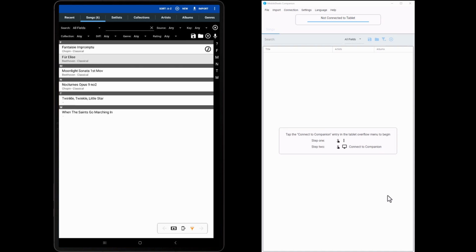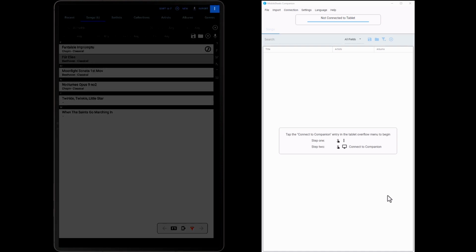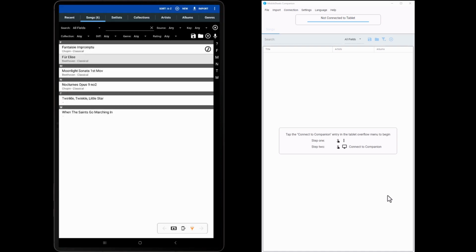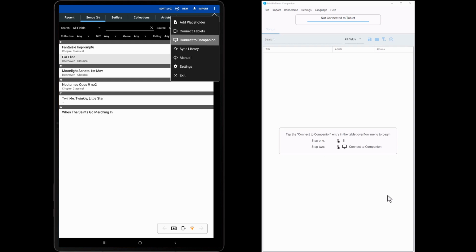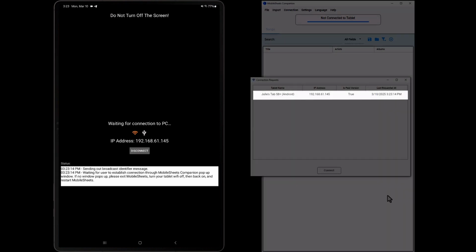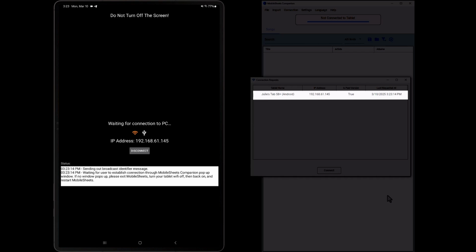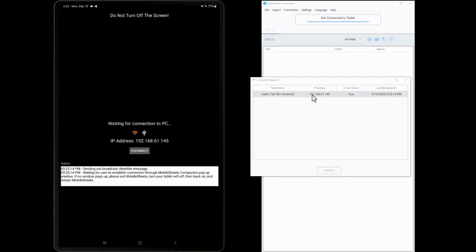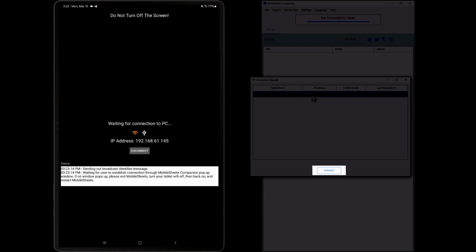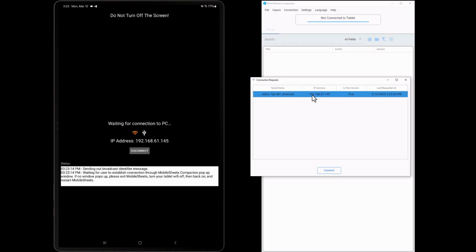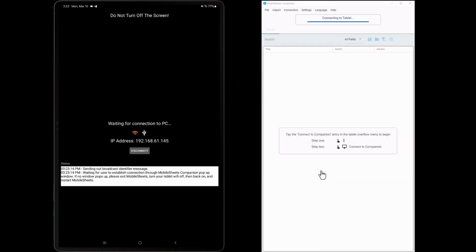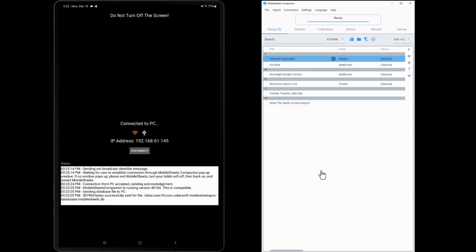To demonstrate this, I first will establish the connection to the primary device over Wi-Fi. After the two devices are connected, I can then click File,